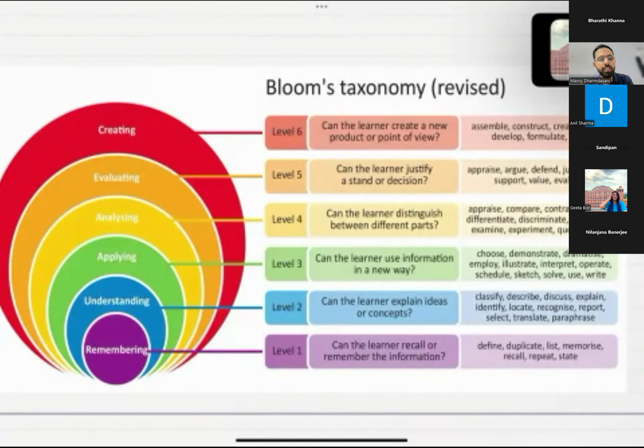But if we come to category number 2, the understanding level, we need to identify: can the learner explain ideas or concepts? जो चीजें उसने पढ़ी हैं क्लास में, the things which they have learned in their class from each and every chapter. Whether they will be able to deliver that particular topic in a detailed and comprehensive manner, in which we ask them lengthy and long questions, 3, 4, and 6 mark questions, which include words like classify, describe, discuss, explain. These are the words we use in short answer and long answer category questions.